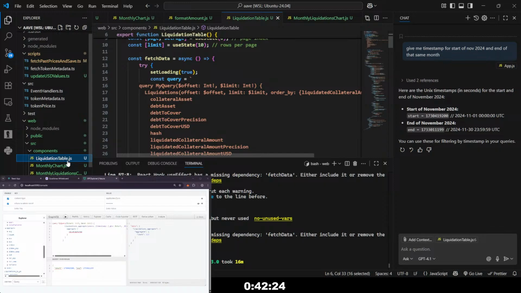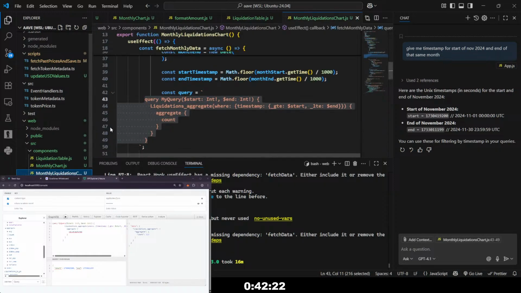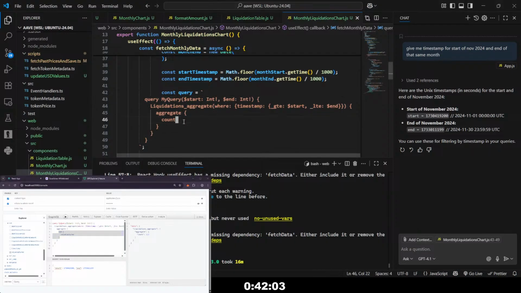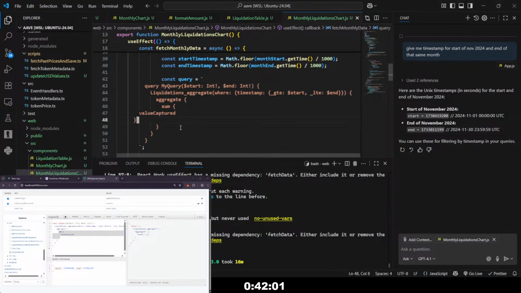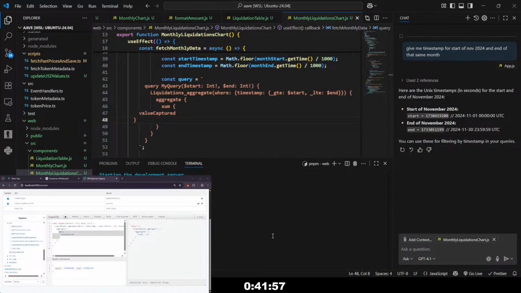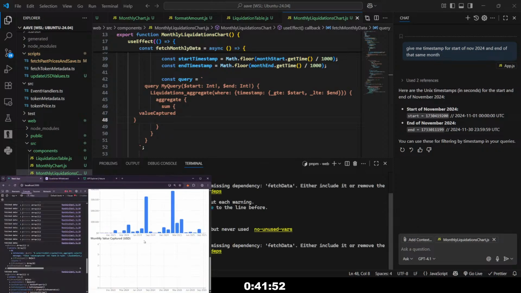We want monthly liquidation. We wanted sum, not aggregate. So how will this change? Oh yes, now I understood. Sum and then value captured. Will this work? Let's go to our app and